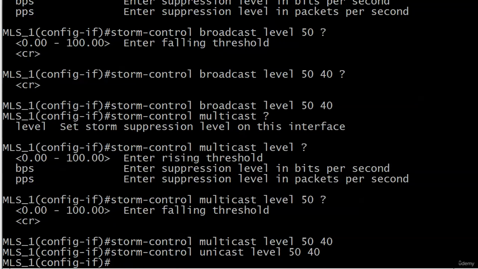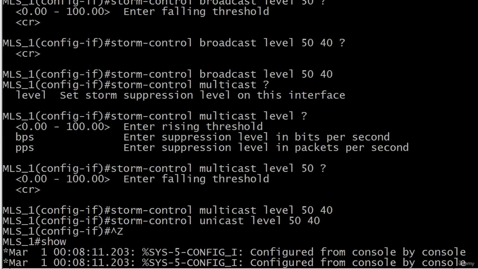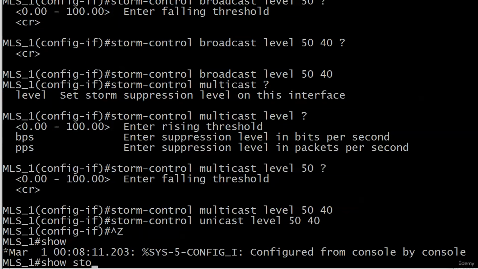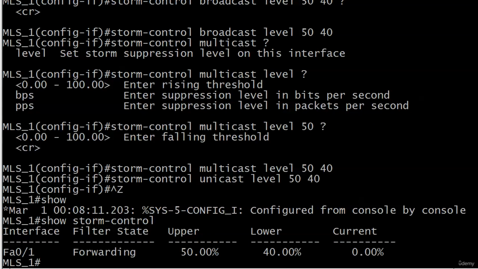Exact same options. So we're all good there. Now, let's take a look at show storm control. And this is going to show you the action. Let's use that